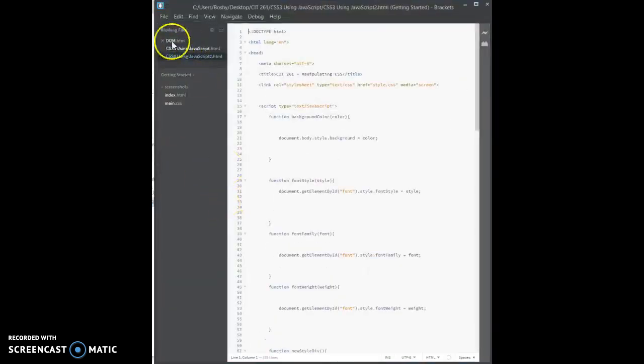So let's take a look at my HTML file for this first example. Basically in this example, I want to use JavaScript to change the CSS properties, or the colors and such like that. So here I have my script. This is where I make all of my changes,